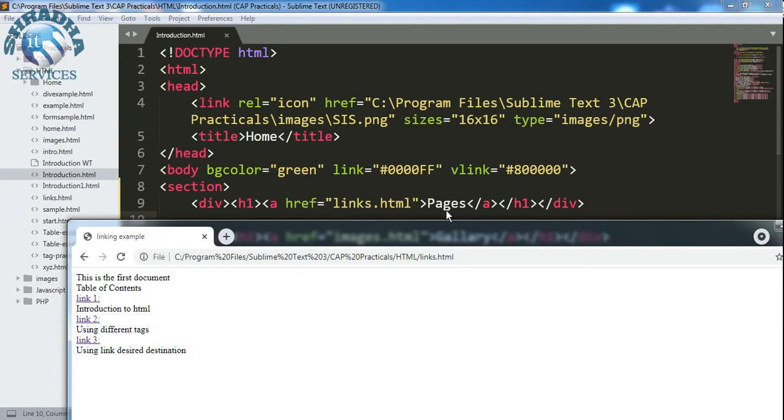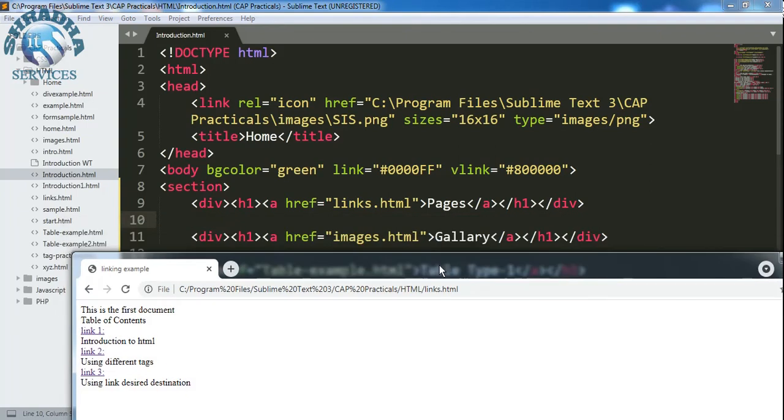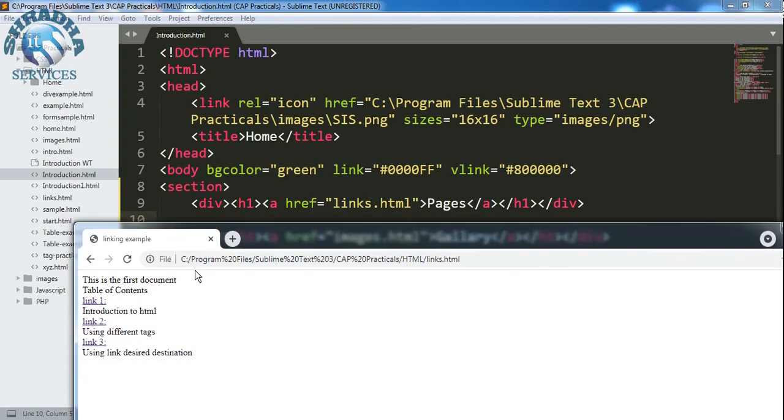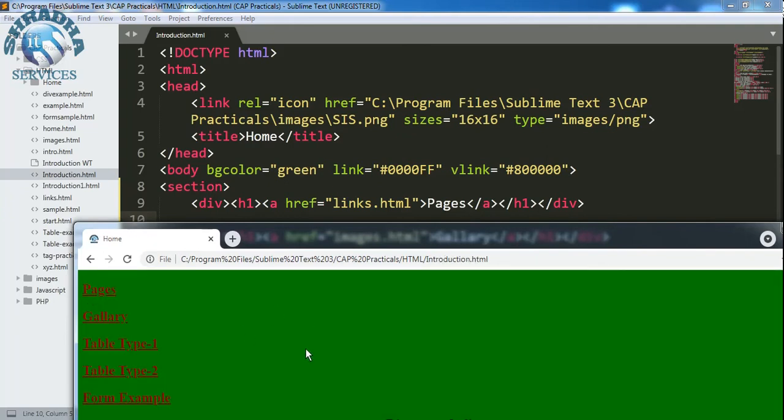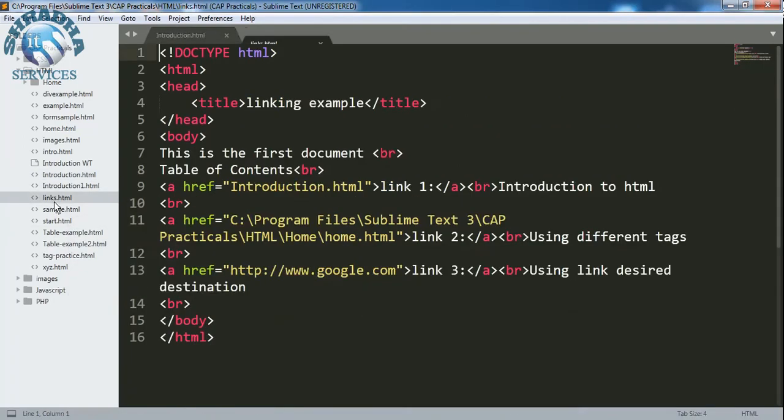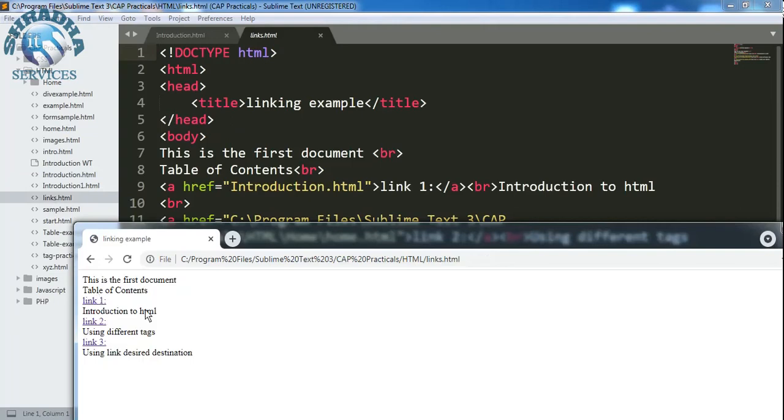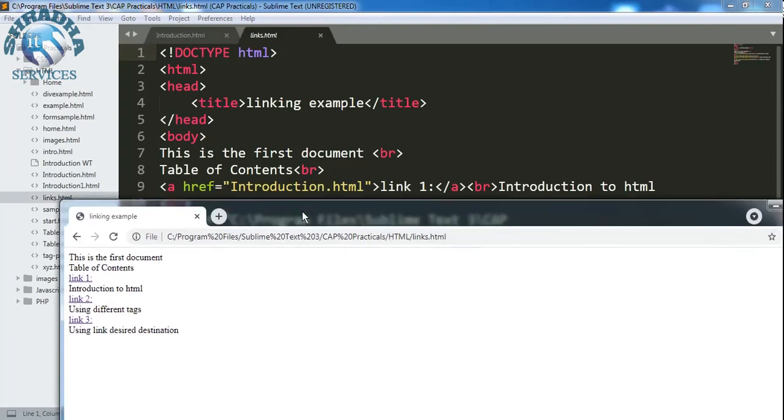Okay, as well as what, say this is your link file. What we are doing here: suppose I am clicking on this page, it will again come to that page. So you have to give the hyperlink for this. For example, a link is there. What we are doing is, once we click on this part, this link again